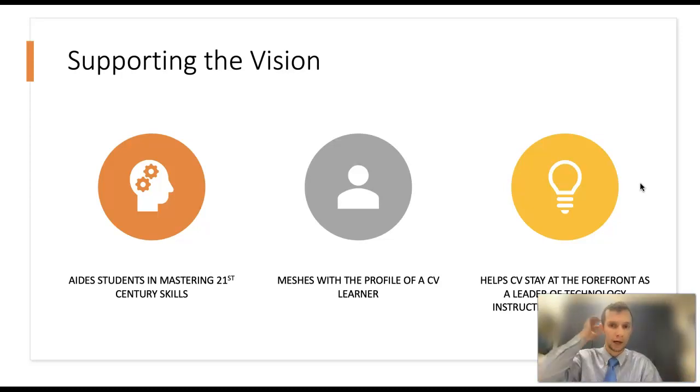and just add to that. And then, of course, as our district says, that we want to stay at the forefront of technology. We claim to be leaders in technology learning and innovation. There's no better tool than Edpuzzle. Edpuzzle is literally